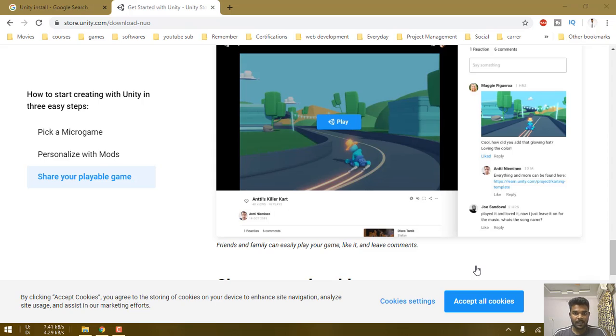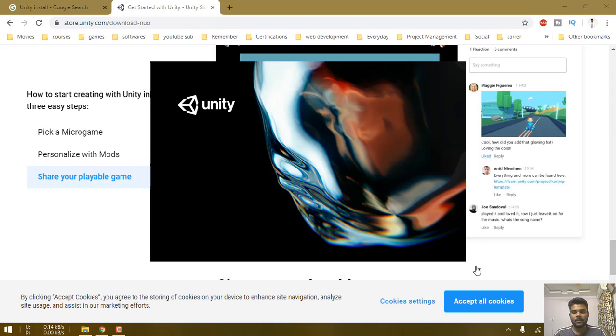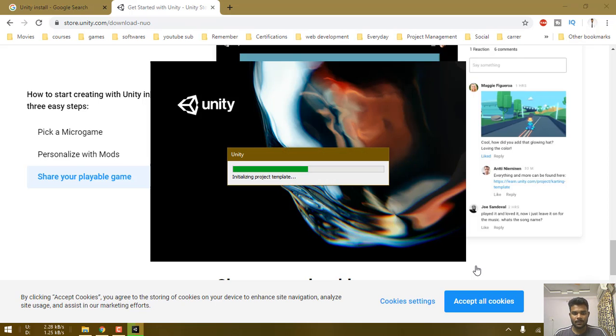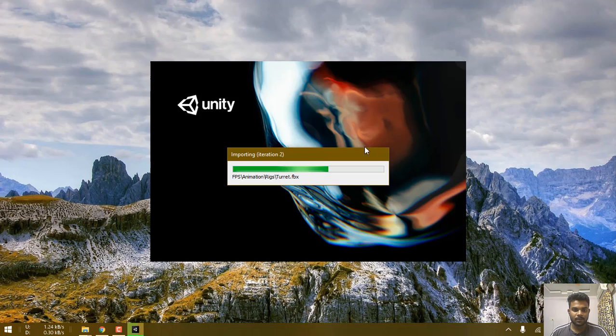This step will take time depending on the hardware and the OS of your systems. I'm using Windows 10 with an i5 processor, and the minimum RAM requirement for running Unity seamlessly, I prefer 8 GB RAM, but 4 GB RAM may also work, but 8 GB RAM is so much better. So this will take a time, don't panic. Again, I'm telling you, this will take a lot of time depending on the desktops or the laptops you use. I'll skip the video here.